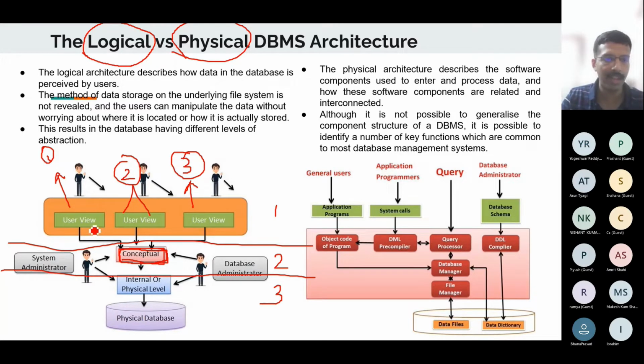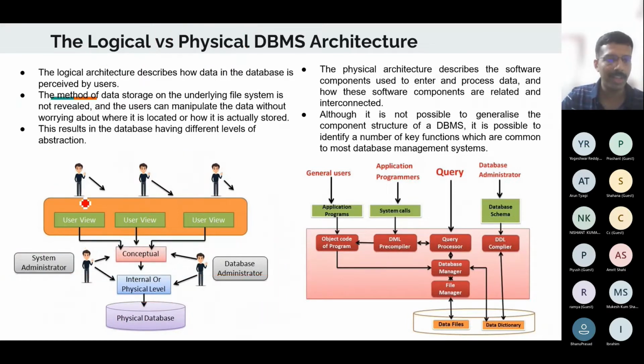Whereas in the internal or physical level, I will actually tell the DBMS, okay, I need to create a database using some B plus tree or something. So for that, you allot me some 2 MB of data, and each query should not take more than 1 KB of data, things like that. I do it at a still lower level compared to the computers. So that is what is called the internal or physical level. I will explain each of these in the next slide also. So here I am just trying to give you an idea. And what are the people who are accessing each of these levels?